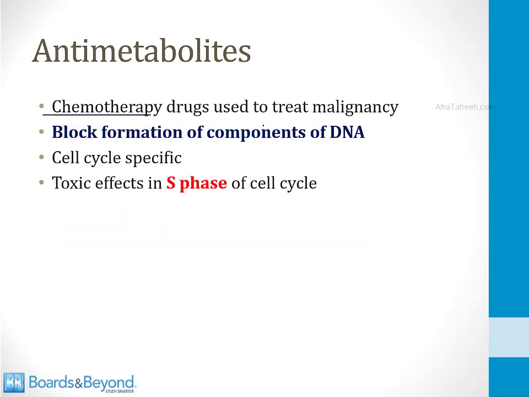Antimetabolites are chemotherapy drugs used to treat malignancy, and they're called antimetabolites because they block the formation of components or metabolites of DNA. Because they block the synthesis of DNA, they are generally cell cycle specific with just a few exceptions. Most of these drugs have toxic effects in the S phase of the cell cycle when DNA is being